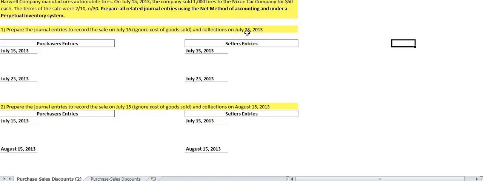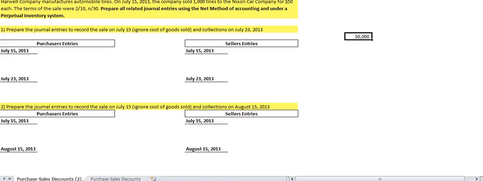So the first question is, does the purchaser pay within the 10-day period? The answer is yes. So the purchaser is going to get the 2% discount. So let's do our calculations here on the side. They purchased 1,000 tires, and then we're going to multiply that by 50, and so they purchased $50,000 worth of